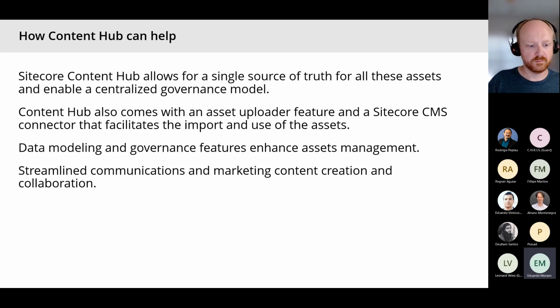Having the right balance between too much granularity in terms of fields for assets and too little is the kind of strategy that you need to keep in mind. When you have too many fields and you make a lot of them mandatory or required, that makes your content author's life harder.